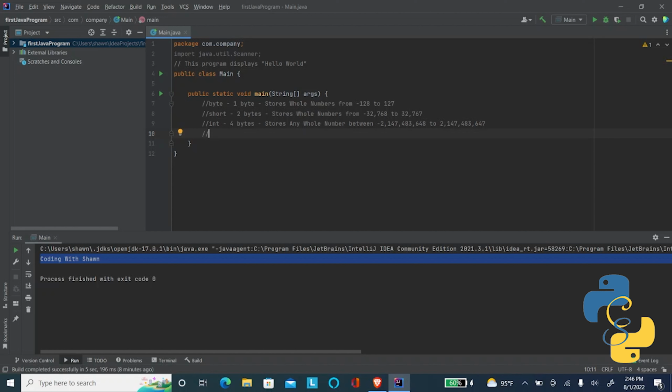In terms of small data sets, really any basic thing that you might be doing as a beginner, it's pretty unlikely that you'll need to store anything that's not storable in the capacity of an integer, but it may happen. And if it does, we have something called a long. A long is 8 bytes, and it stores whole numbers